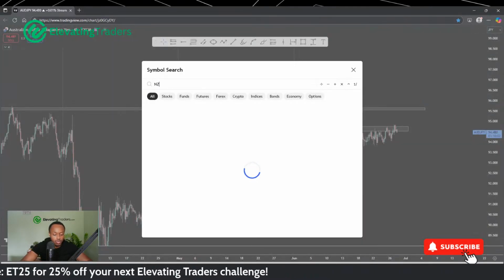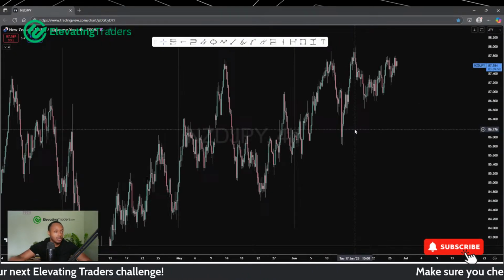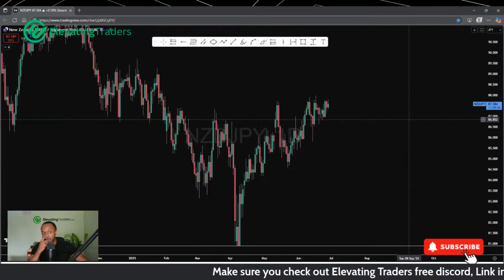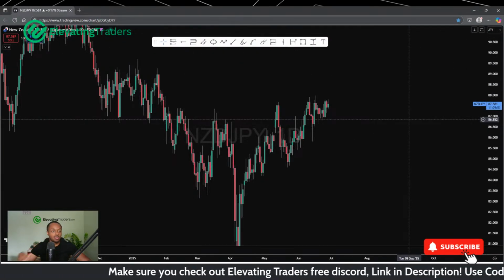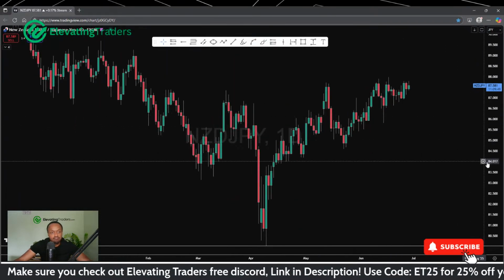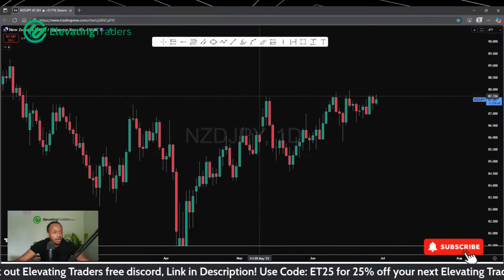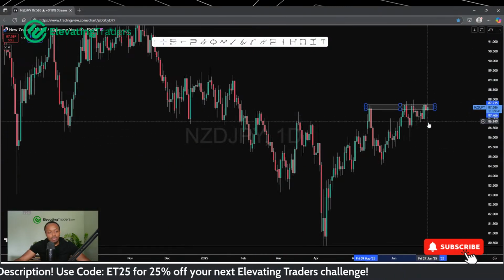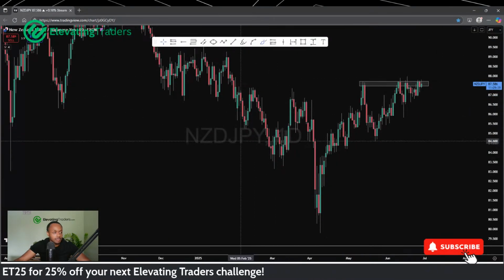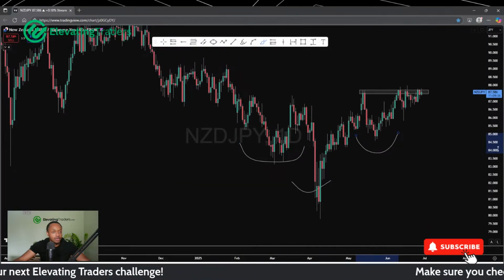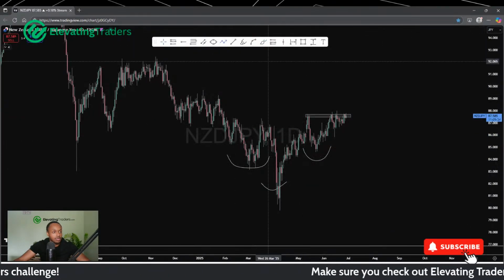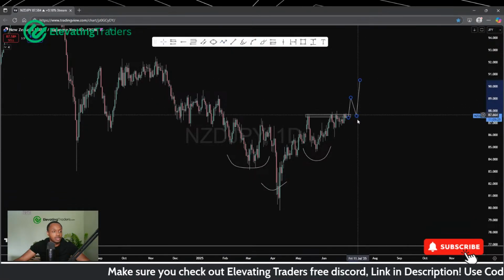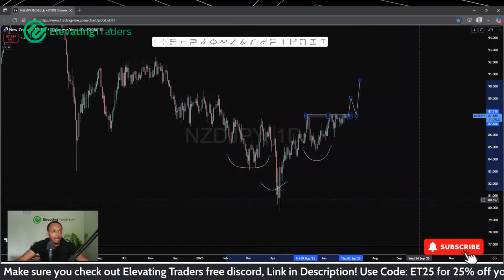And New Zealand yen as well. This one, again, I do think can break higher. I am kind of anticipating somewhat of a bullish Aussie and a bullish NZD, which hasn't really come into play. I mean, a little bit bullish maybe, but not much. So again, I'm looking for this to break to the upside. This to me looks like a bottom of this bearish trend. I do think price can see a break of that to the upside, and following that move could provide some really nice opportunities.